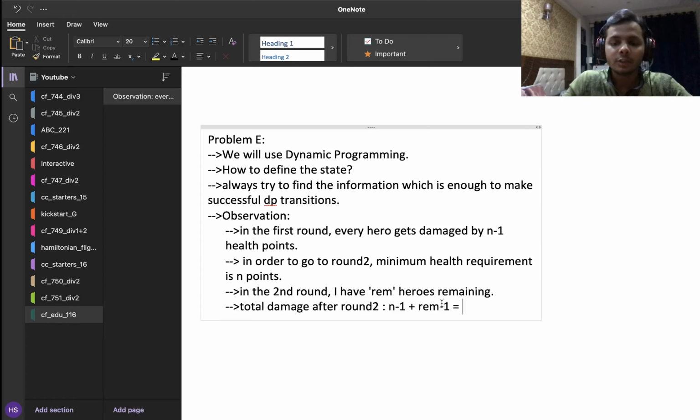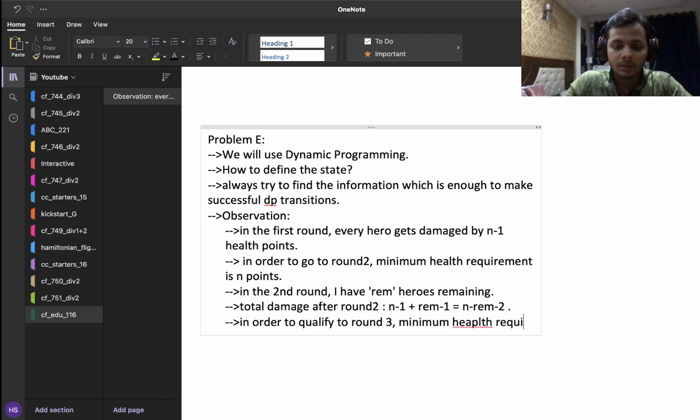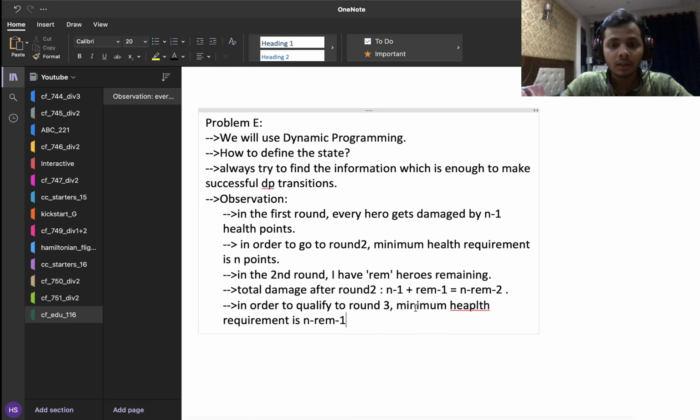So total damage is going to be n plus rem minus 2, and so that just means that in order to qualify to round 3, the minimum health requirement is n plus rem minus 1, right? Because if the health is from 0 to n plus rem minus 2, then he's going to die. But if his health is at least n plus rem minus 1, he's going to live.